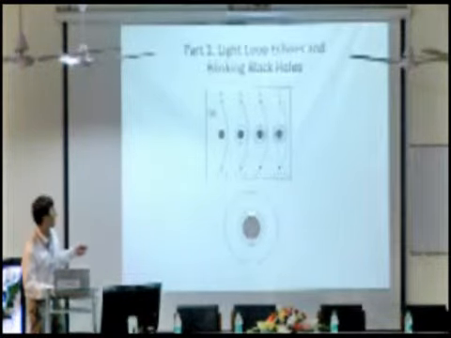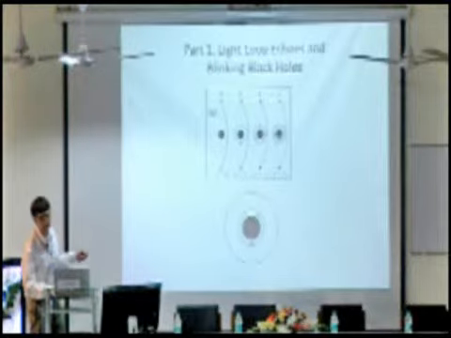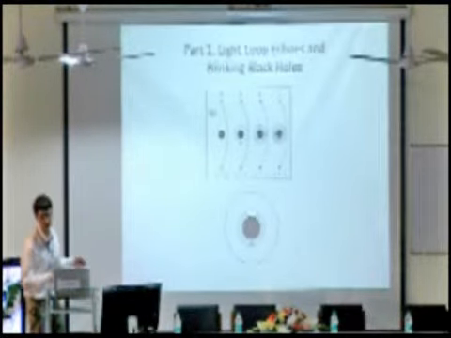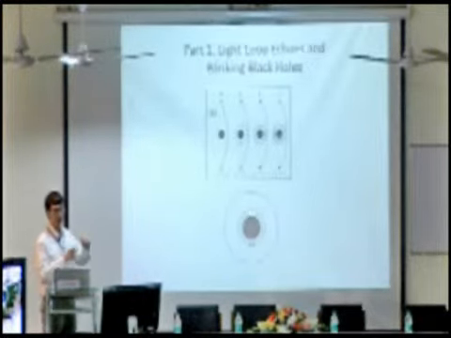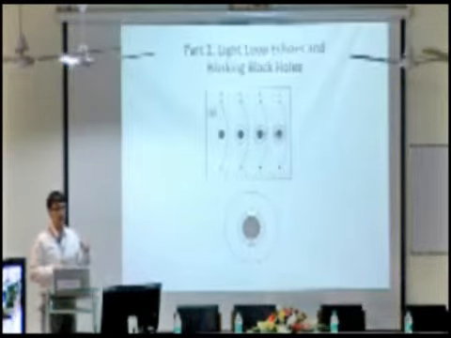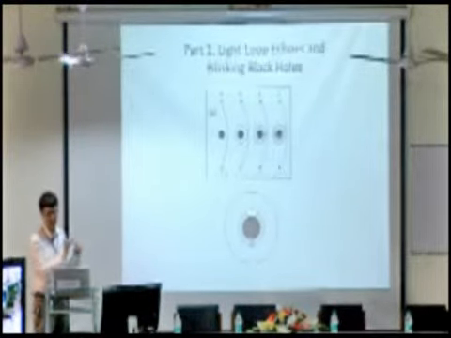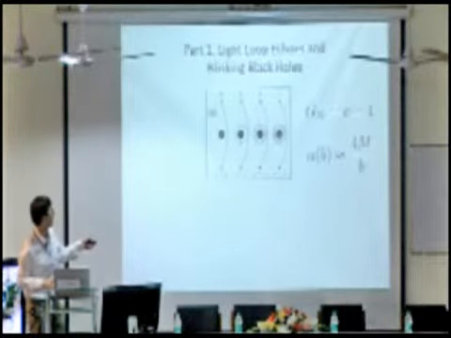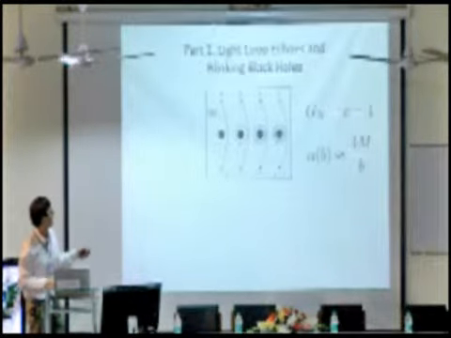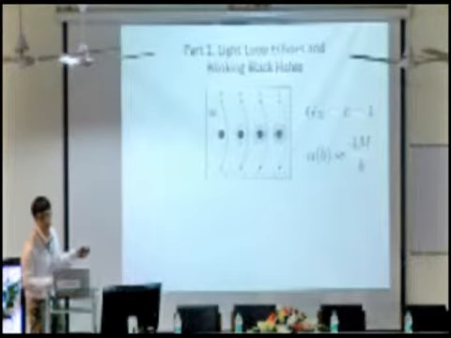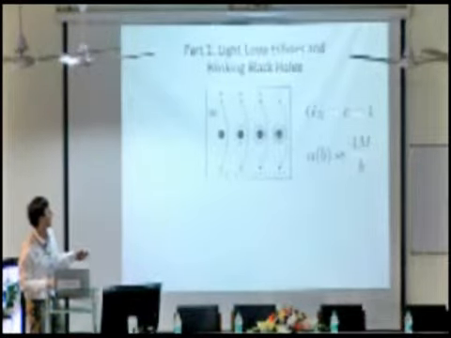So why is that? Well, to make a long story short, to calculate how bright these images are, there's a standard theory of gravitational lensing, and the key input you need to know is what is the deflection angle, alpha, that a ray experiences as a function of the impact parameter b, basically the perpendicular distance of closest approach to the black hole. And so in the regime where the ray does not get too close to the black hole, Einstein worked out the answer back in 1918 or something,